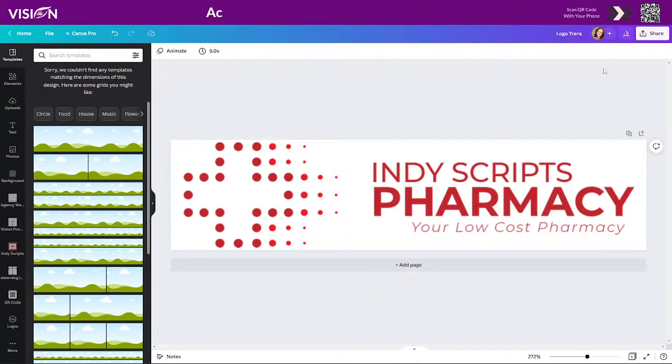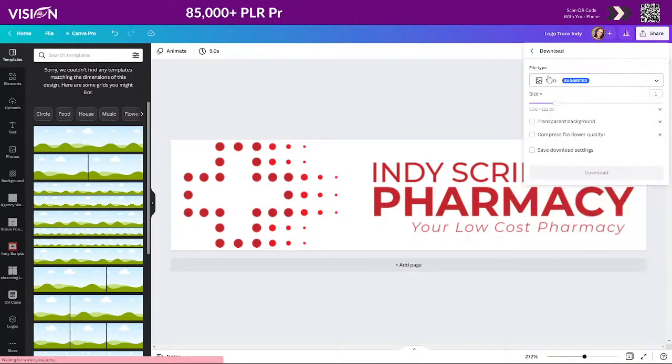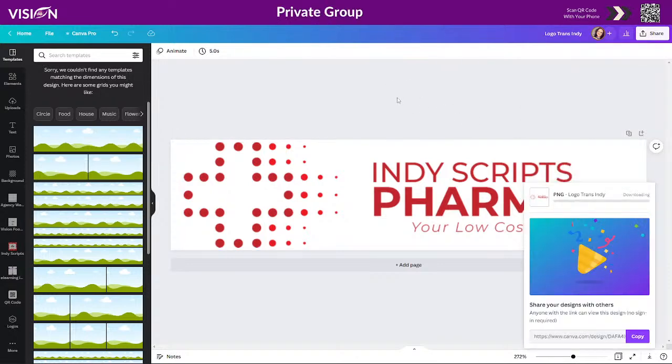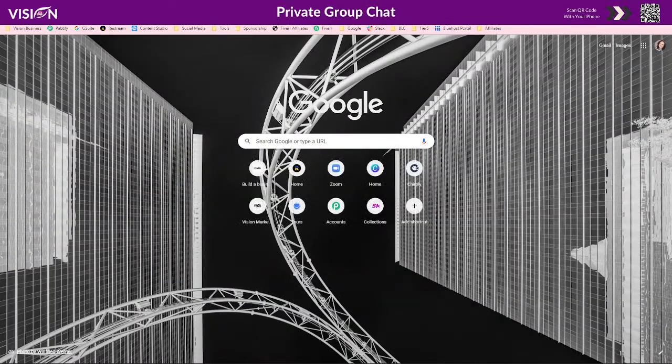Okay, so I'm going to say logo trans indie, to remind myself what it is. And I'm going to download as a PNG because I want it to be transparent. So I'm going to choose PNG, transparent, and I want to compress it. Even though it reduces the quality, we definitely want our images to be as small as possible. So you can choose to do that there. You can also go to